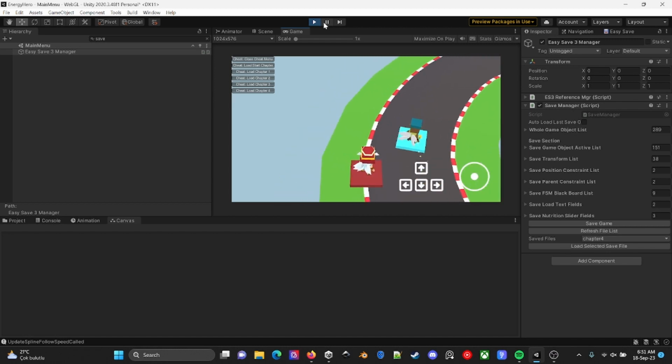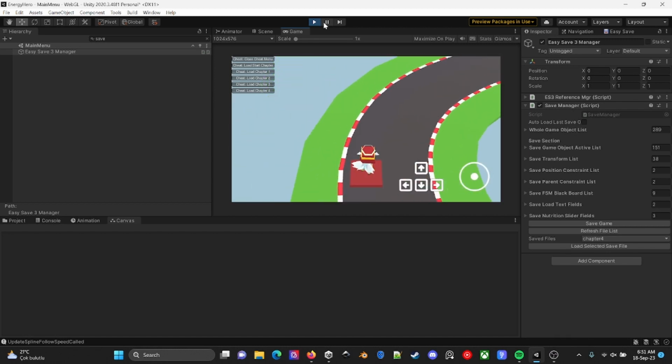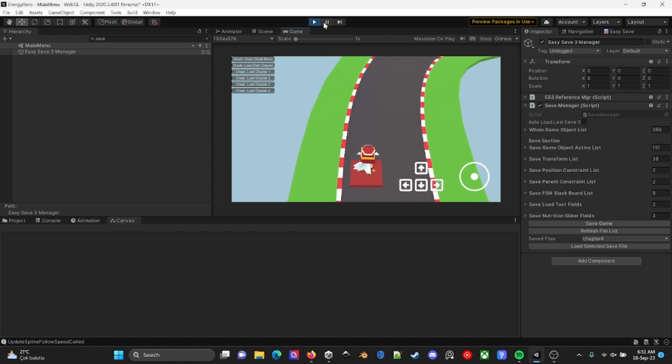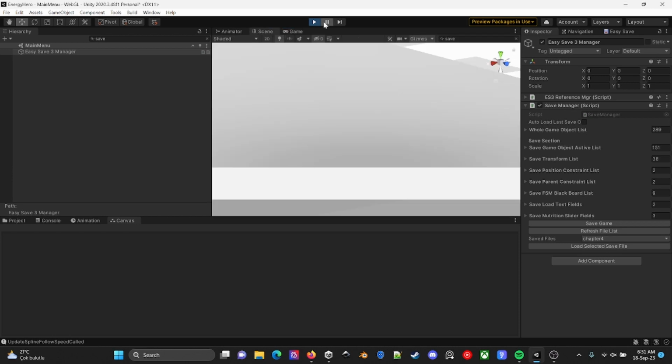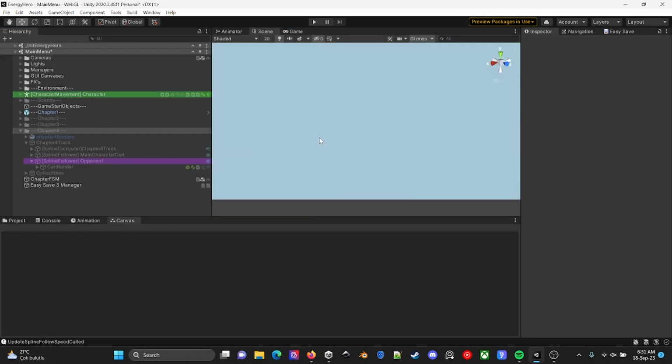That's nice, and I can also... okay, the opponent is running also. So let's continue from here. Actually, for this chapter I forgot, but I needed a heat meter for the characters to go and collect around the racetrack as nutrients for the cells. Actually, the cell is the card of my main character in here.